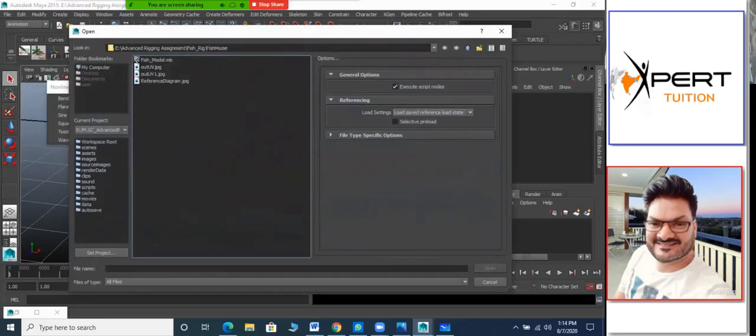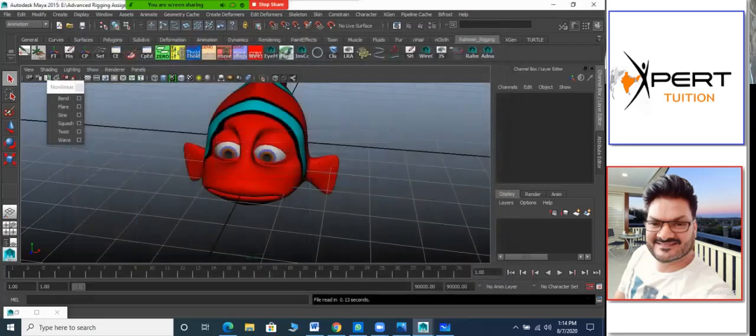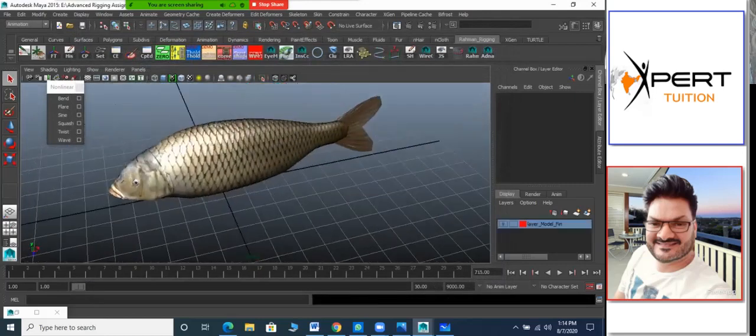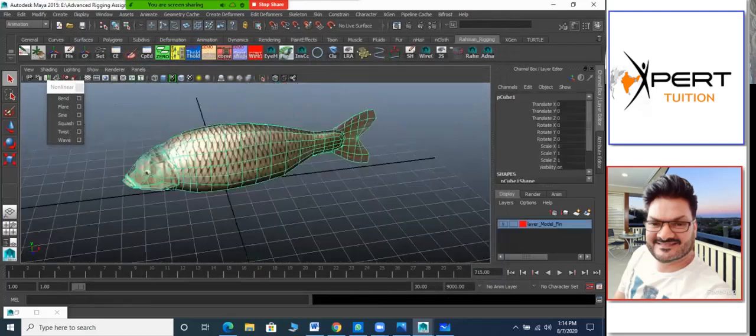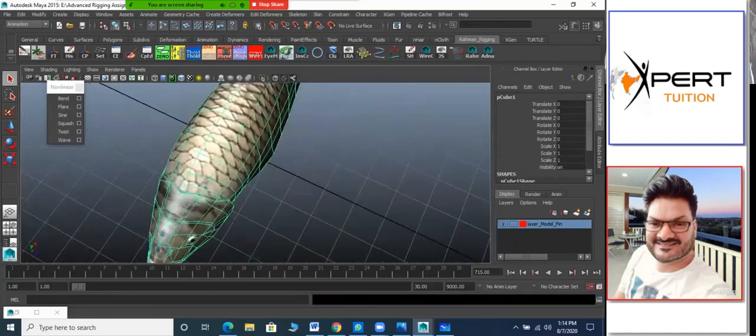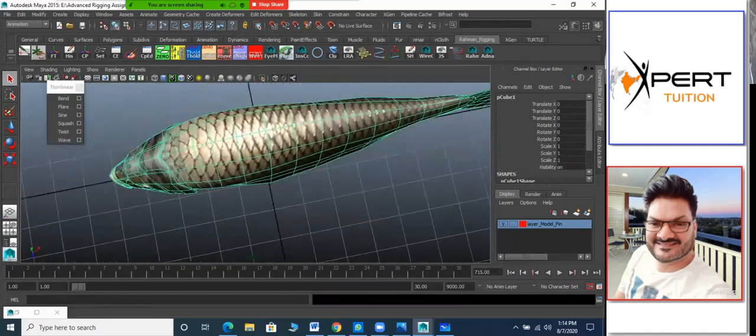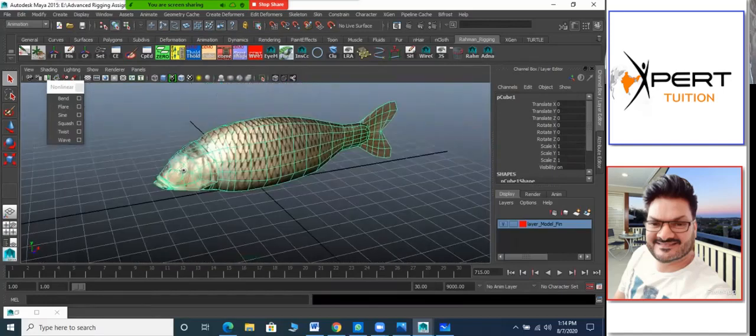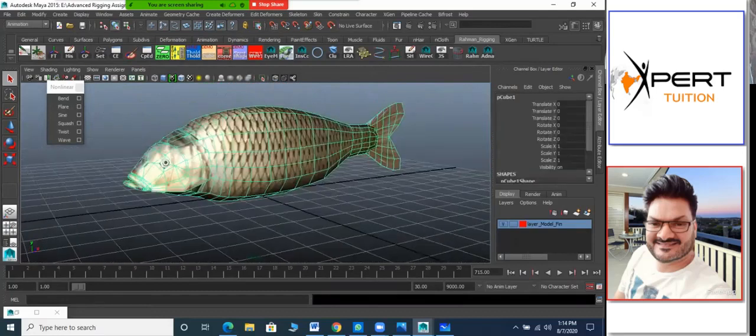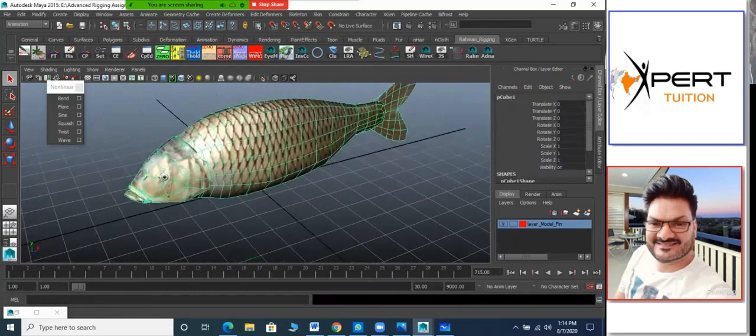What I have here is the deformer-based fish. This can be used with the deformer, correct? Because it's a solid body, it doesn't have any fins and all that. So straight away we can use the deformer we have learned and deform it. Is it clear? So this fish I am going to rig with the bend deformer as well as the sine deformer,